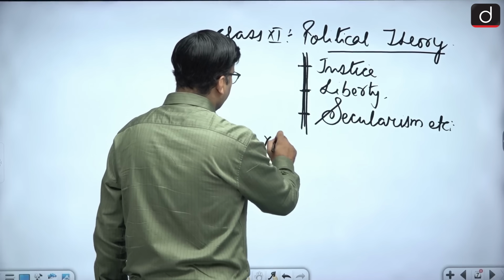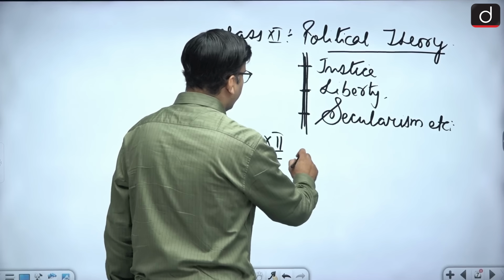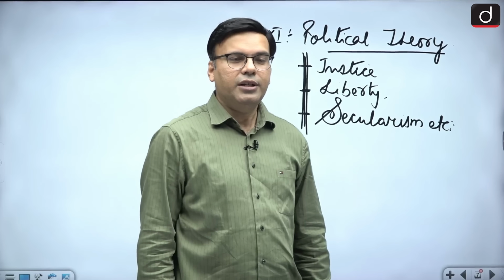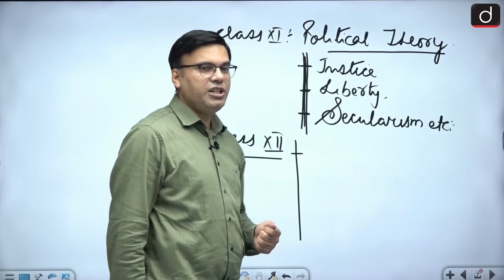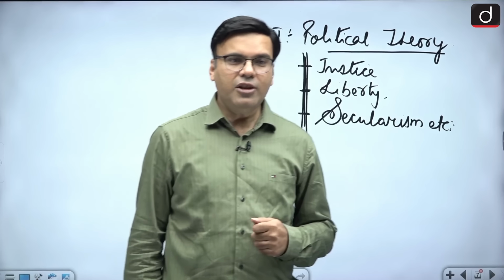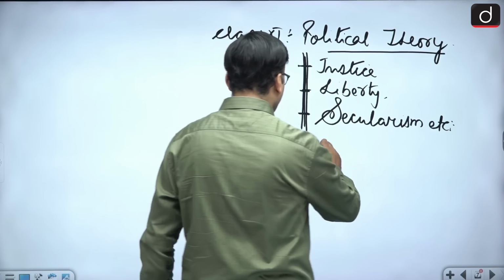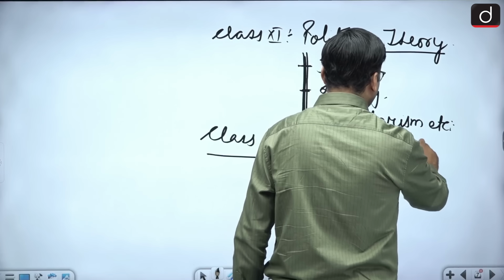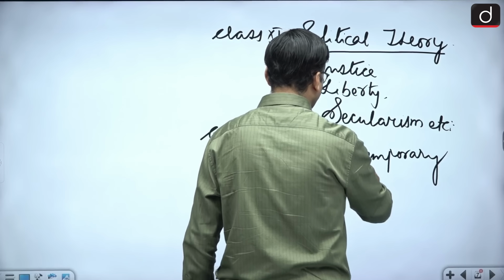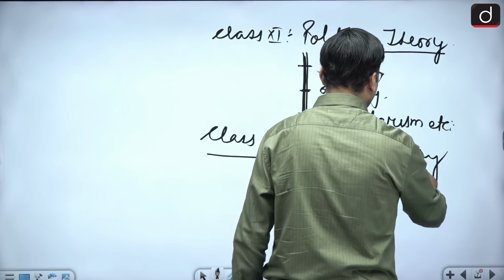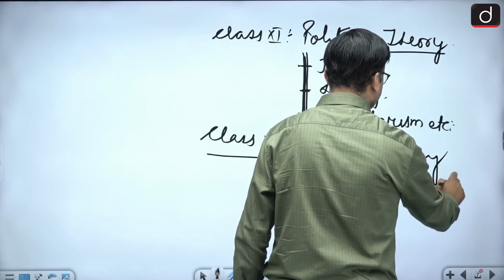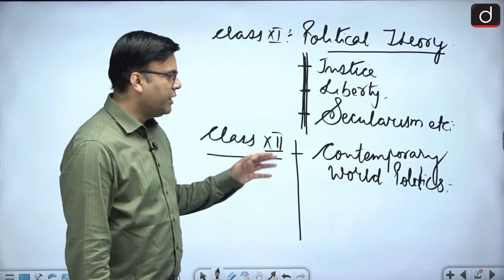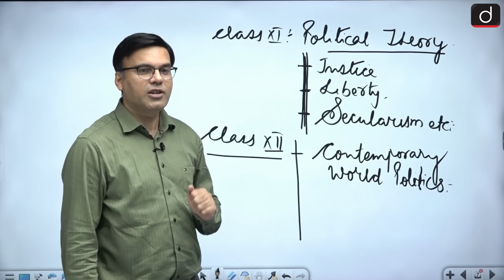Then we have a class 12 textbook, which is again very, very important, especially if you have to look at certain important sections in international relations. So for international relations, what you need is a textbook with the title Contemporary World Politics. So this will actually give you the basic concept of understanding so many important issues in international relations,